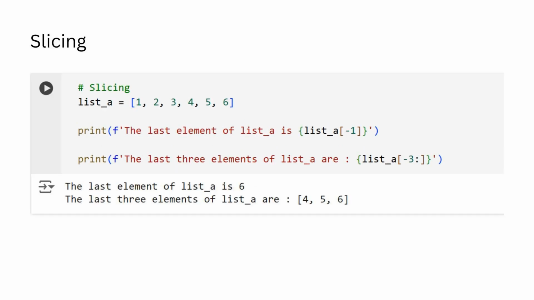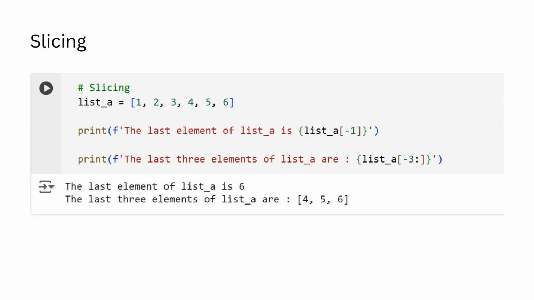We can also slice an iterable using negative indices. For example, -1 means the last element. -2 refers to the element before the last one. In slicing, the upper bound is excluded. Not specifying an upper bound would result in a slice from the lower bound to the end of the iterable.